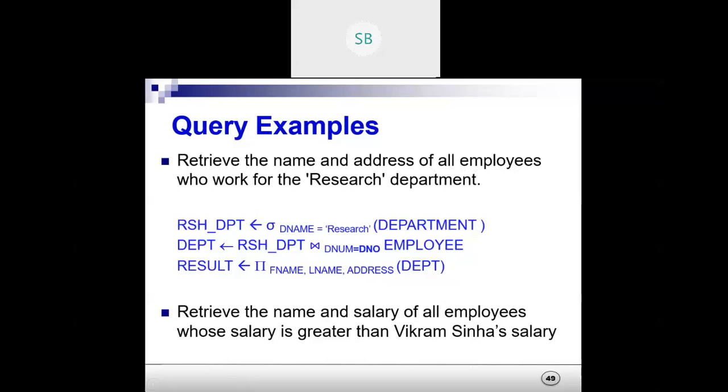Here we have to think: the question will be like this, but we understand that the employee name and address will be present in the employee table, and research department is a name of the department. Department ID and department name will be present in other tables. So how do we find the result? First we find the research department in the department table. How many rows are there for the research department? Once we find that out, then we need to go for a join, and that is how we do it.